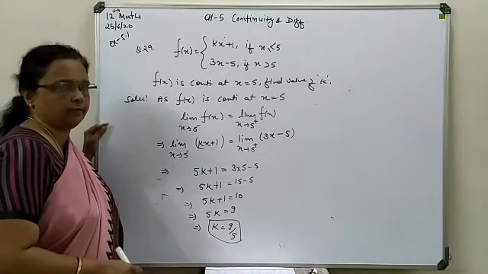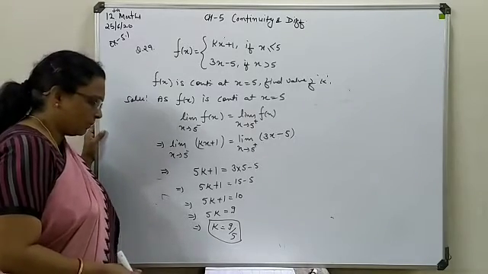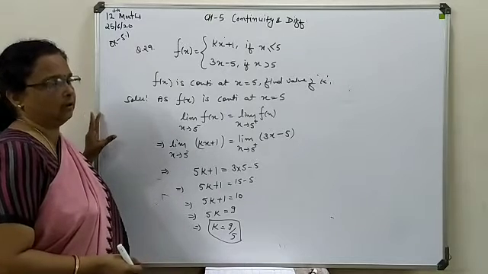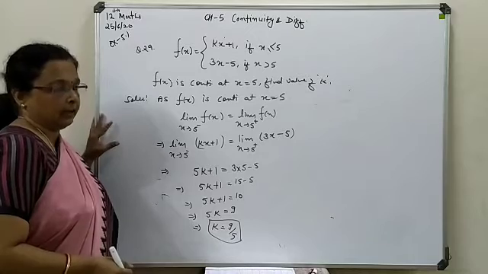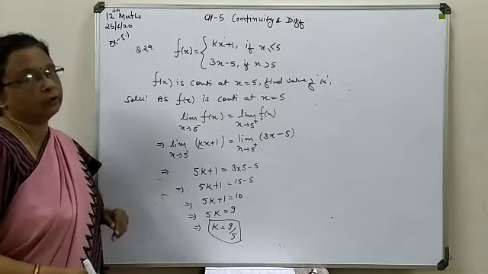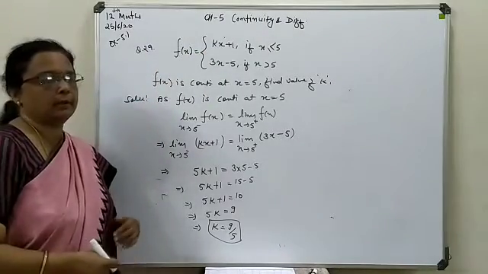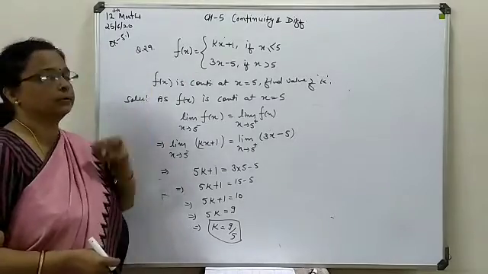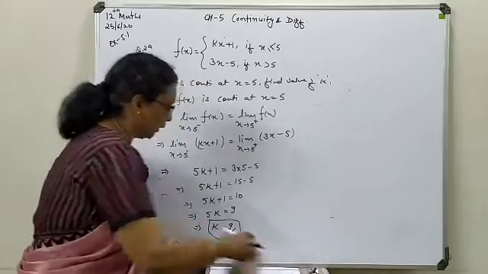Now we are going to move to the question type in which continuity at two points is given in a combined form, and we will go for evaluation of the unknown quantities. Here we were evaluating a single unknown quantity. In the next form we will evaluate two unknown quantities. So for that, we have question number 30.